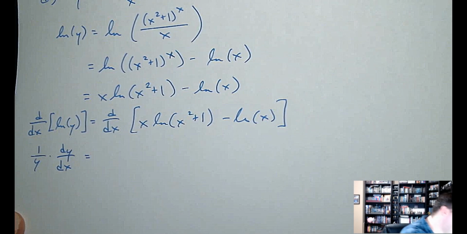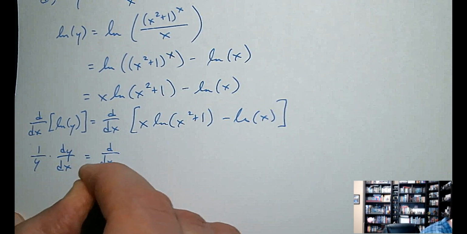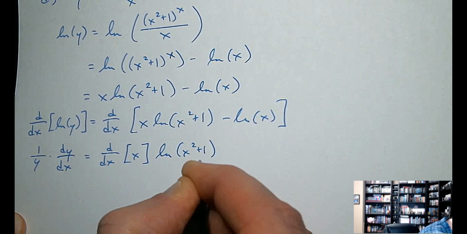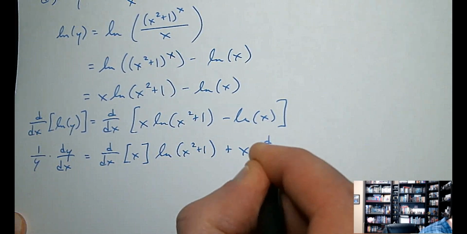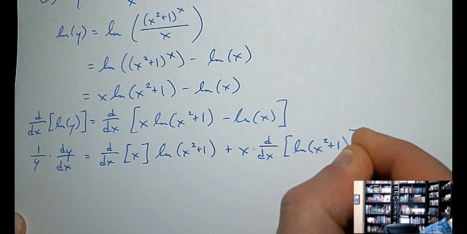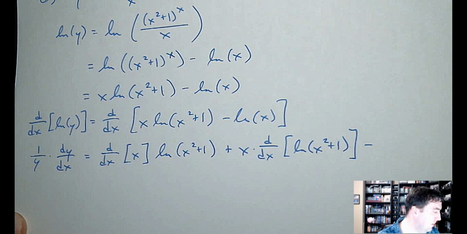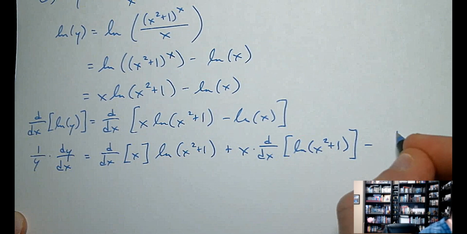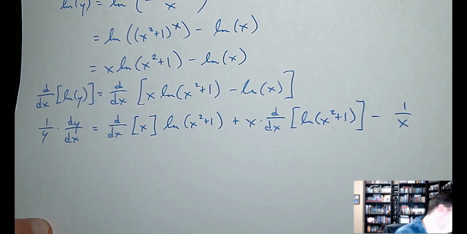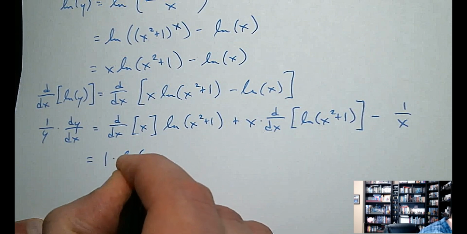On the right-hand side, we've got another instance of the product rule. So that's going to be the derivative of x times the natural log of (x squared plus 1), plus x times the derivative of the natural log of (x squared plus 1), minus the derivative, of course the difference rule applies here, minus the derivative of the natural log of x, which, like we already said, is 1 over x. So then that's going to be, well, the derivative of x is just 1,